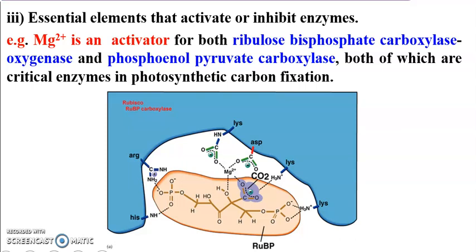The next one is an activator or an inhibitor of enzymes. Now, in the biomolecules chapter, we have dealt with the topic of enzymes, and we have said that they are biocatalysts which sometimes need to be activated and sometimes need to be inhibited. Now, there are certain mineral elements which act as activators of enzymes and some act as inhibitors. For example, magnesium ion. Magnesium ion is an activator for rubisco, ribulose bisphosphate carboxylase oxygenase, and it is also the activator of the enzyme peptidase, which is nothing but